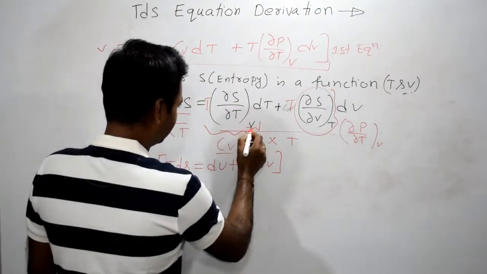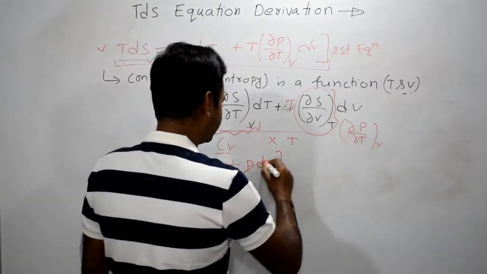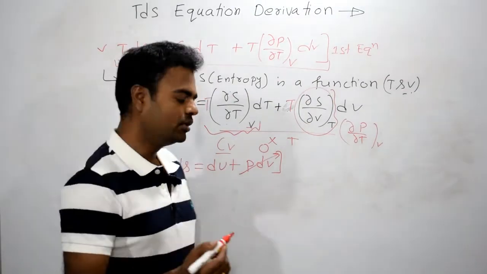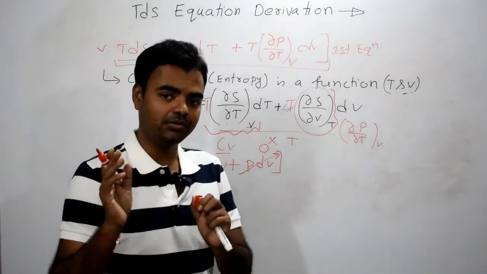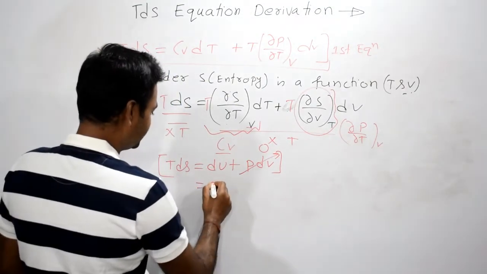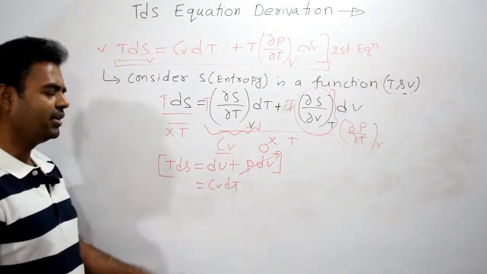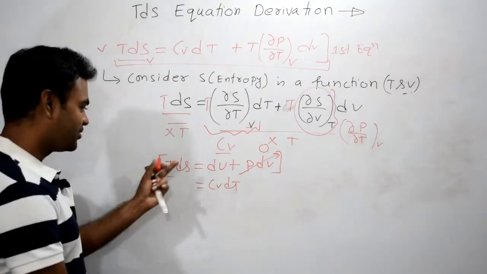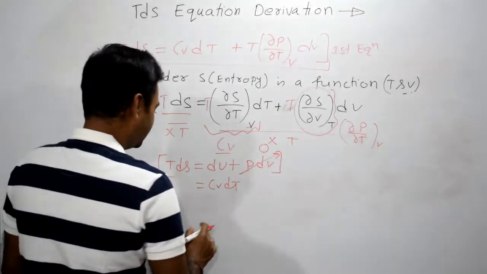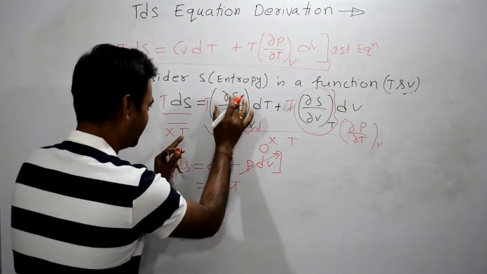Now just look at this. Here volume is constant. Therefore this term will become 0 because the change in volume will be 0. So 0 multiplied by P is equal to 0. Got it? Now we also know dU is equal to Cv dT. We know this, right? There is also a formula for dH that we will use in the second equation. Now we just have to arrange this based on this term, right?